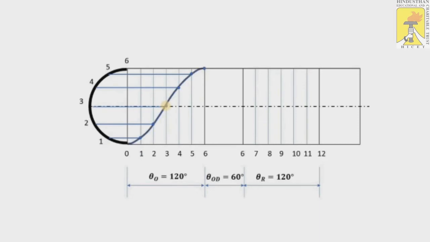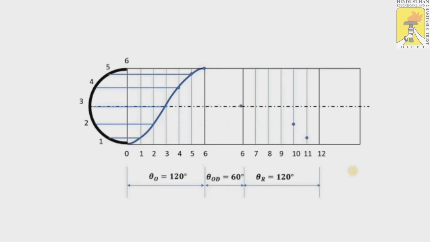After that, you have to point the remaining 6 to 12, because we already divided the return stroke into 6 equal divisions. Theta naught is equal to 120, theta dwell is equal to 60 and theta return is equal to 120. So we already have divided. Likewise 1 to 1, so 1 to 6, 1 to 11, we have to project it.